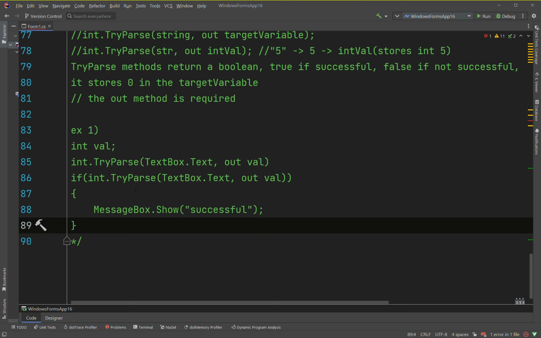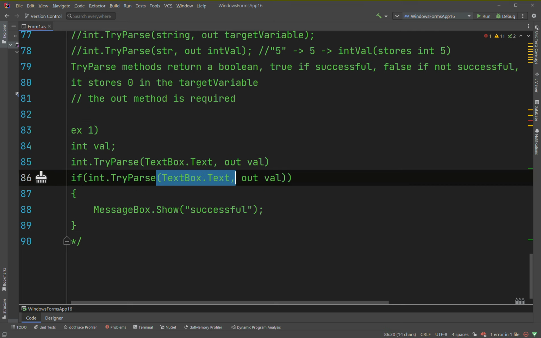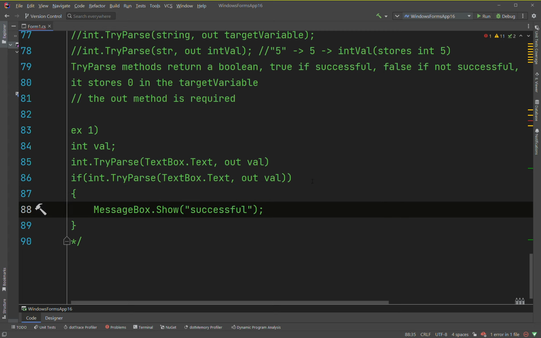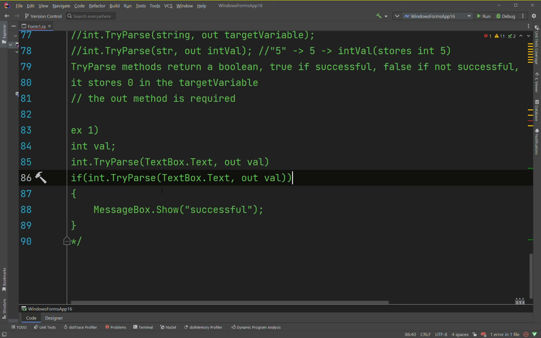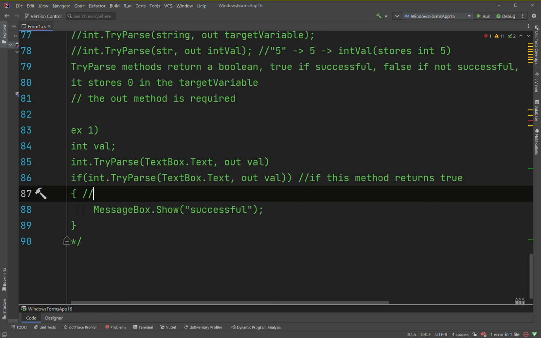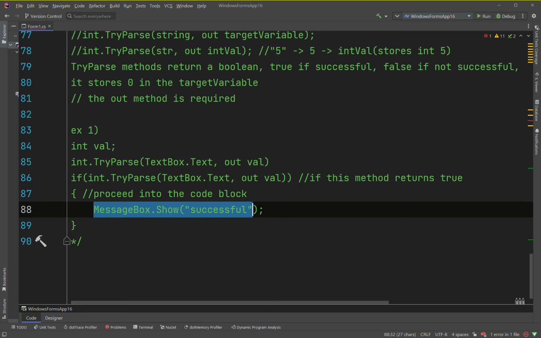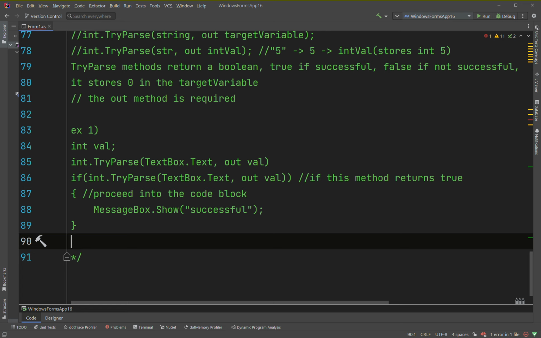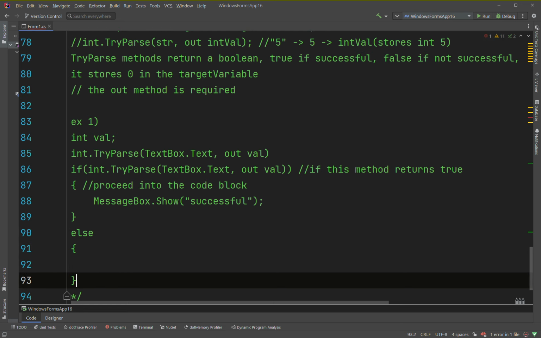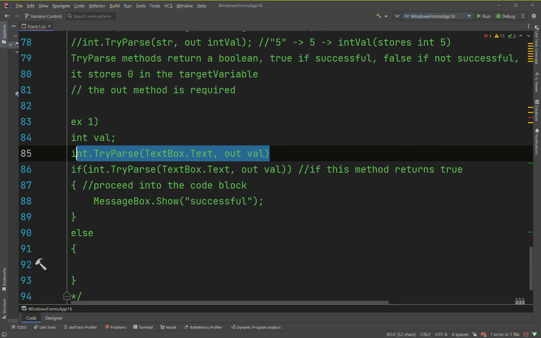So if int.TryParse passing in this string and the target variable out val, which means if this method returns true, then we'll proceed into the code block. MessageBox.Show successful. Else, so if it was false,